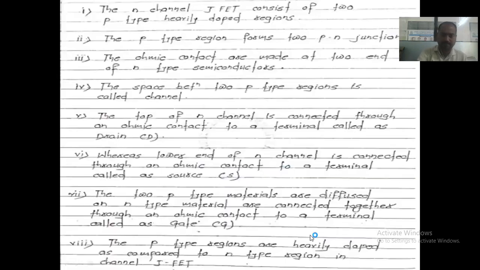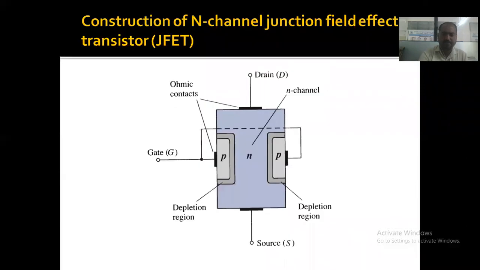Okay, see, normally an N channel JFET consists of 2 p-type heavily doped regions. See, whatever I am telling you, this is the N channel. N channel indicates that this middle portion is required for the current conduction, right? This is the middle. N channel indicates that this is the portion which is used for the purpose of current conduction. 2 p layers which should be attached between two different parts of this